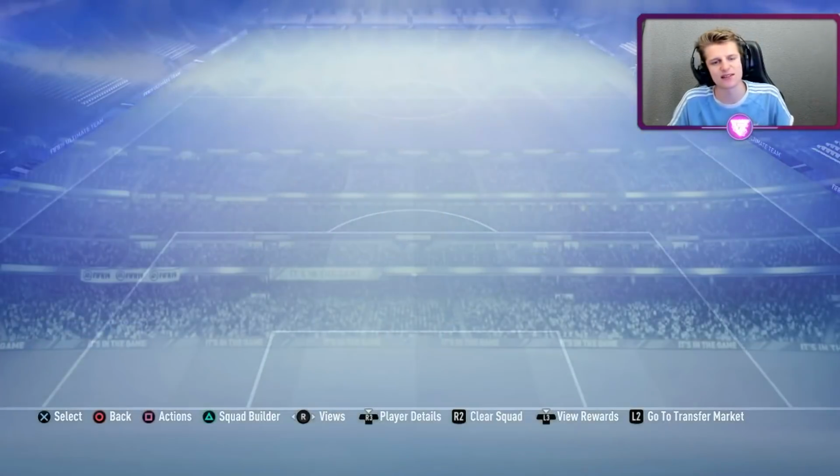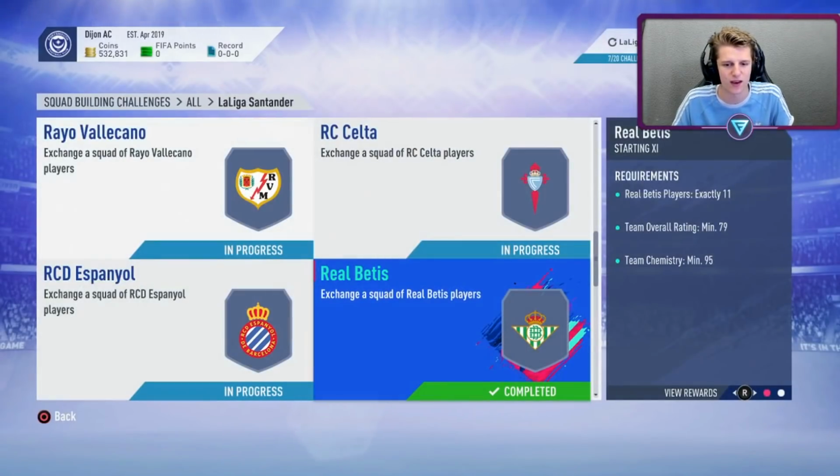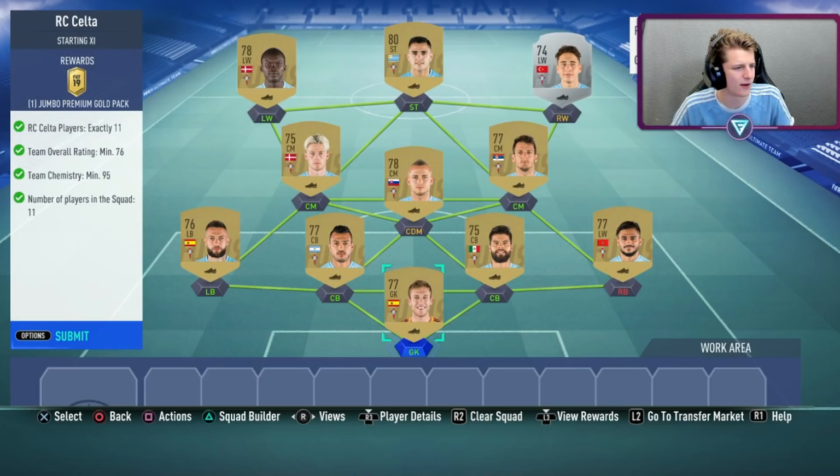Rare Electrum pack, going to be about 7k right there. 6 rare golds, 6 rare silvers. You know, 1k per minimum gold rare at the moment, which is not too bad. The next one we have is RC Celta, which, I mean, it's only a 15k pack, but you'll see